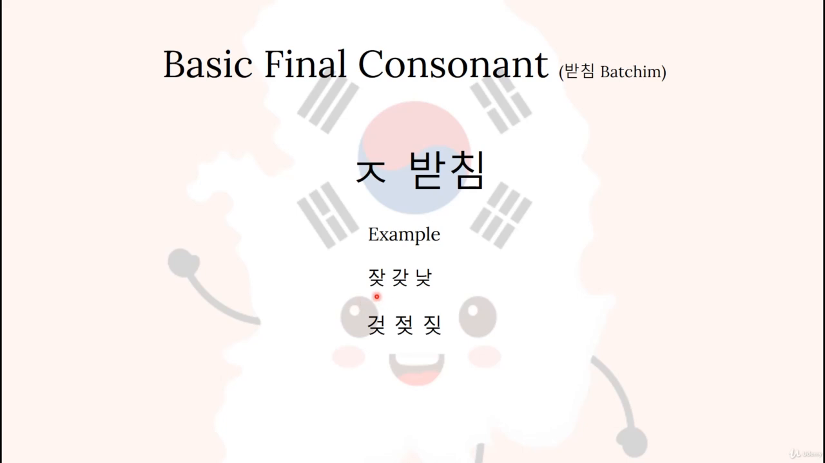잣, 갓, not, 컷, 젖, 짓. So, one may ask then how do we distinguish whether this is a 지읒 받침 or 시옷 받침